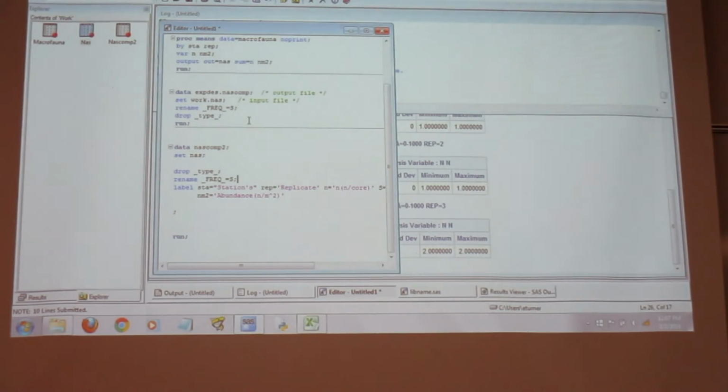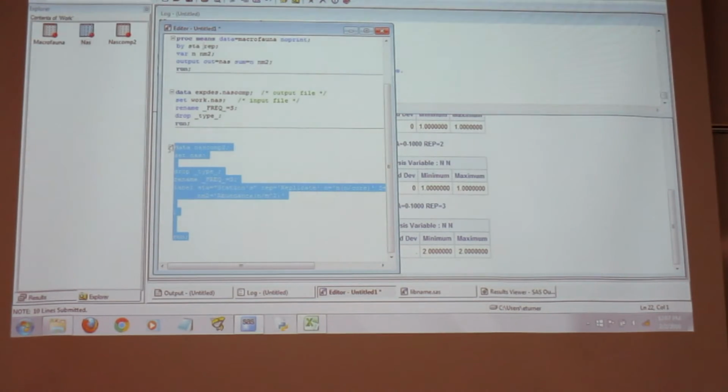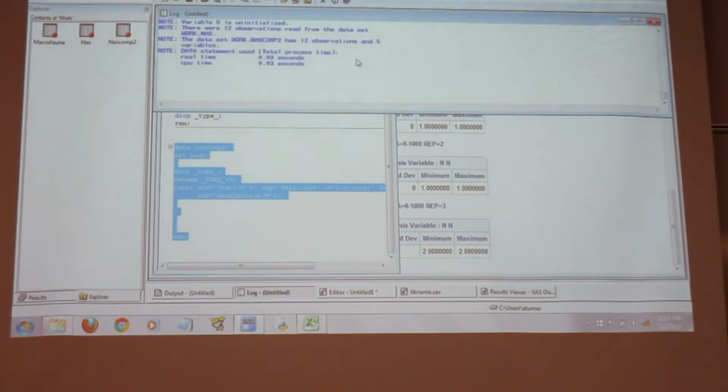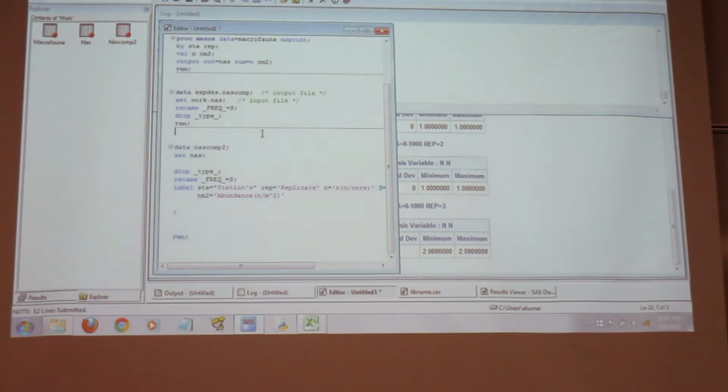Now we know what drop and rename is, right? To get us this. Okay? So now it says we have 12 observations and 5 variables in this NAS2 comp.